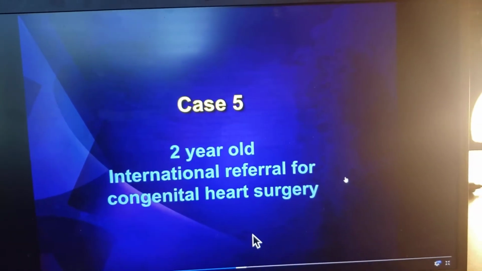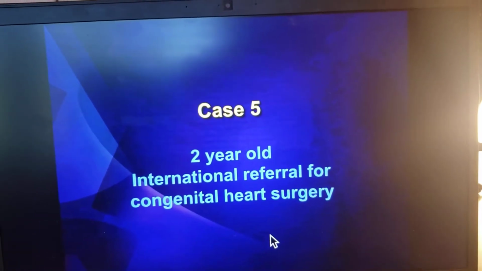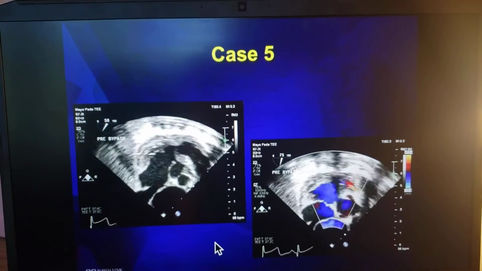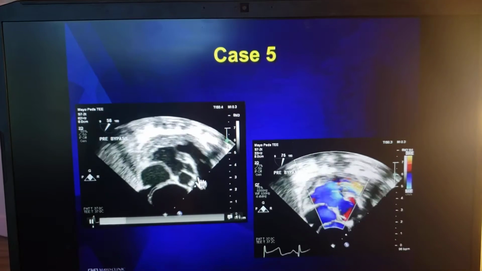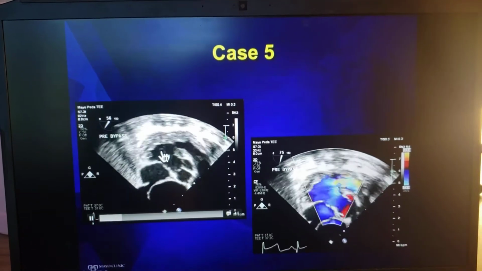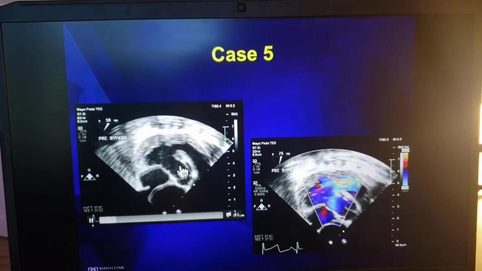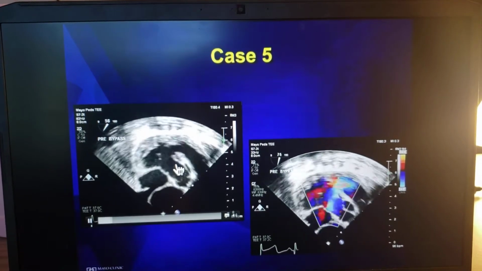So here's a 2-year-old international referral. Now we get many international referrals for congenital heart surgery. This is what the echo looked like by TEE in the operating room. Here's the right atrium, here's the right ventricle, here's the right ventricular outflow tract, here's a large membranous ventricular septal